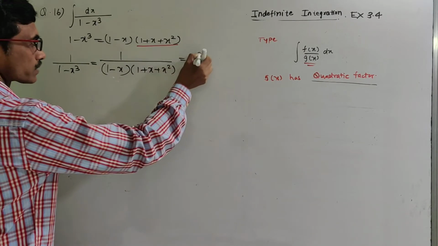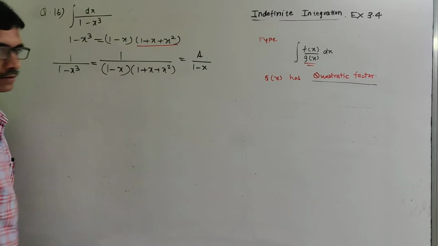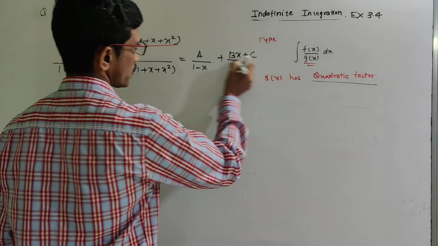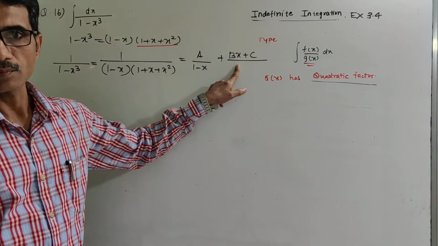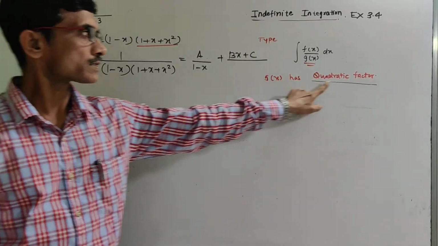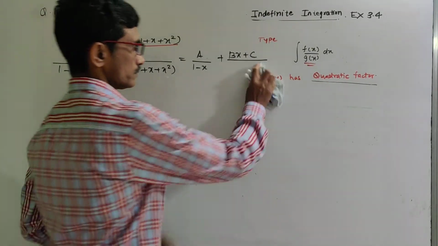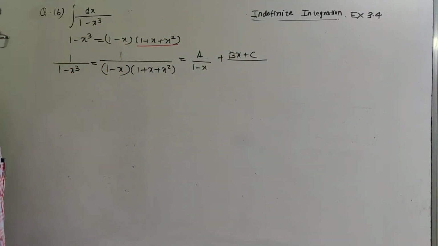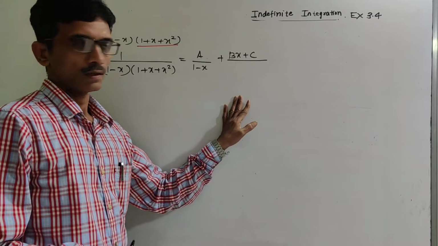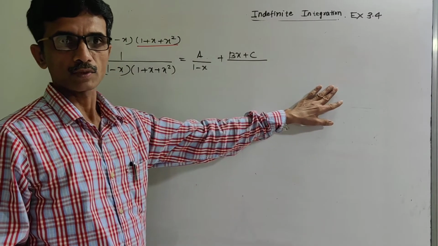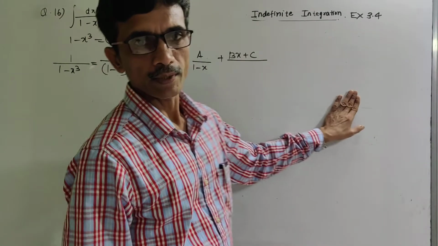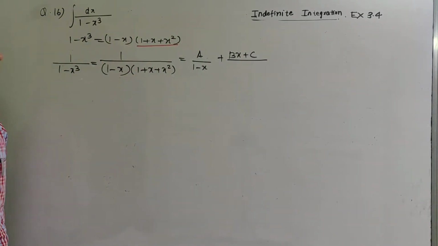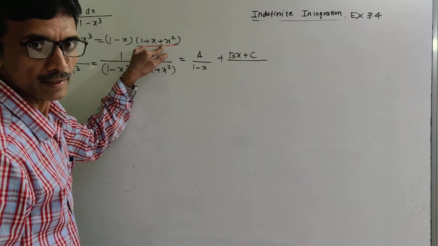So we can put the partial fractions a upon 1 minus x plus bx plus c upon the quadratic factor. This is more important, bx plus c. You remember that this is where gx has a quadratic factor. Here the type has changed. Till now we had non-repeated linear factors, then repeated linear factors. And now one factor is quadratic which is irreducible to linear factors, meaning we cannot reduce it into linear factors.